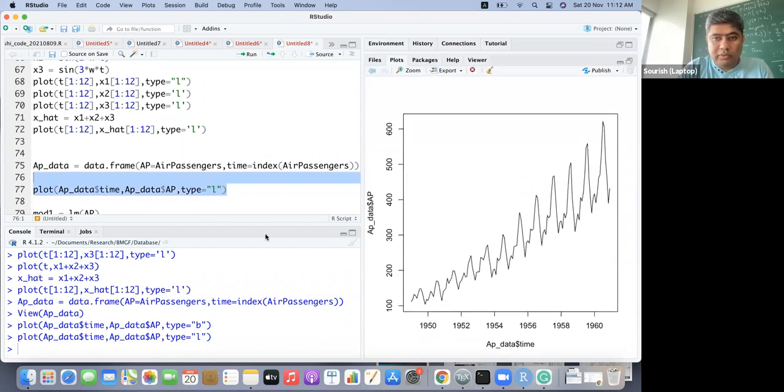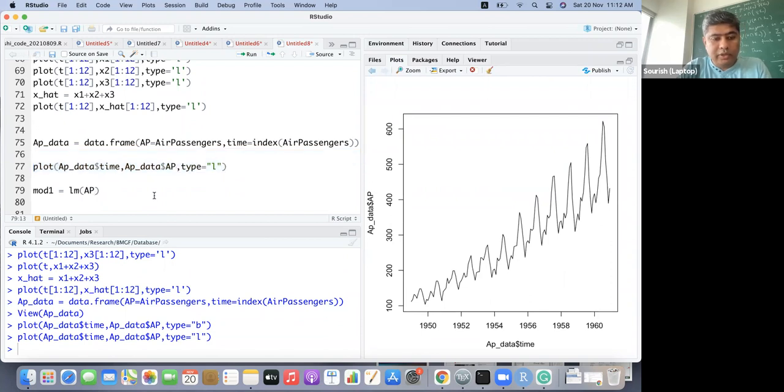So this is the data that we want to model.